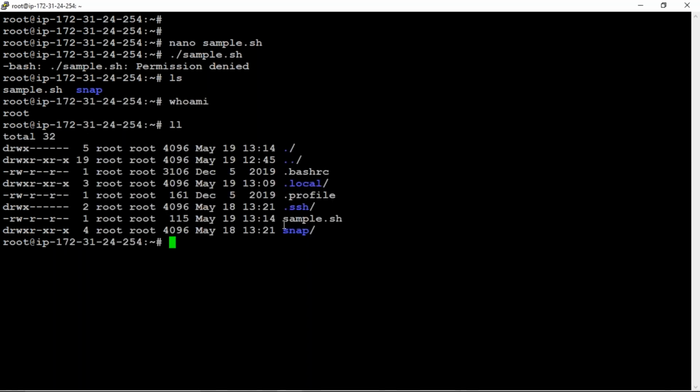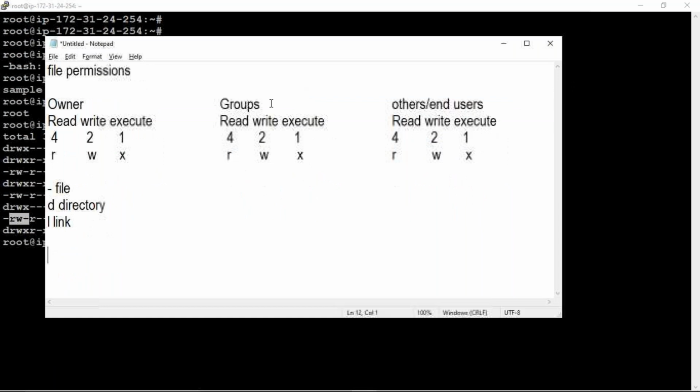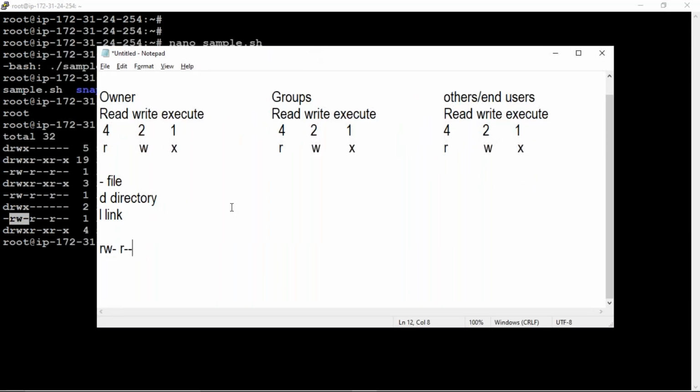So the first hyphen is a file, and the next three are read, write, hyphen. Next one is read, hyphen, hyphen, and the next one also read, hyphen, hyphen.